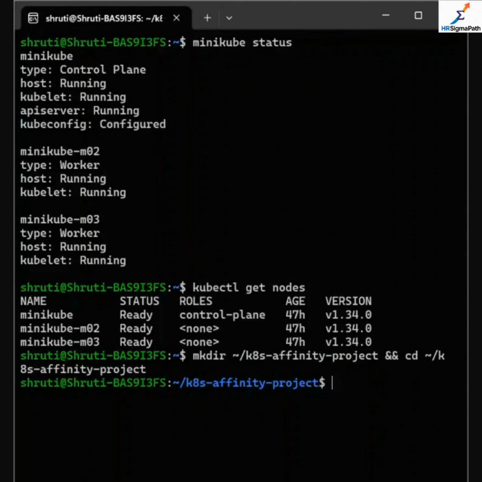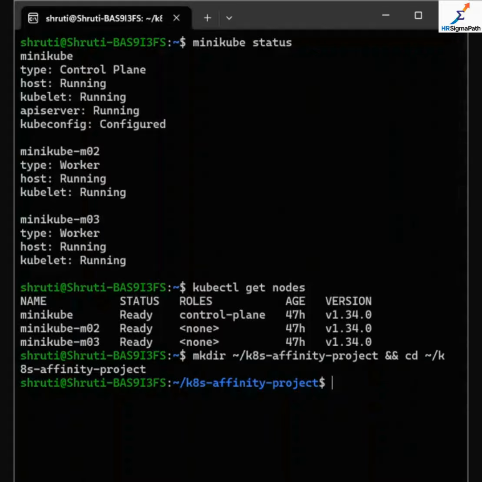Now we have to label our nodes here, because by default Kubernetes does not know which machine has SSD, fast storage, or HDD. We add labels like stickers to describe them. By labeling nodes, we are telling Kubernetes that this machine has fast storage and this machine has slower storage.